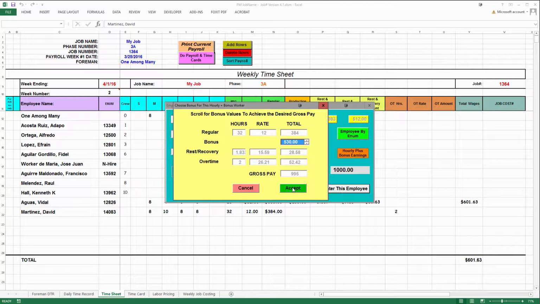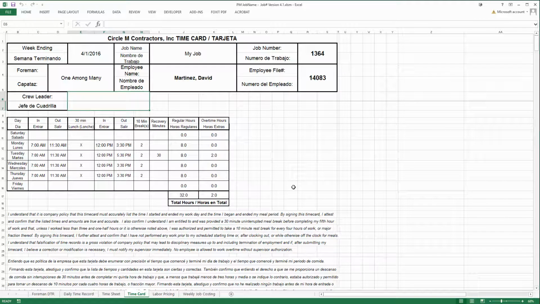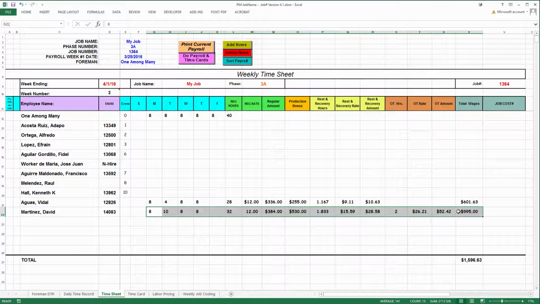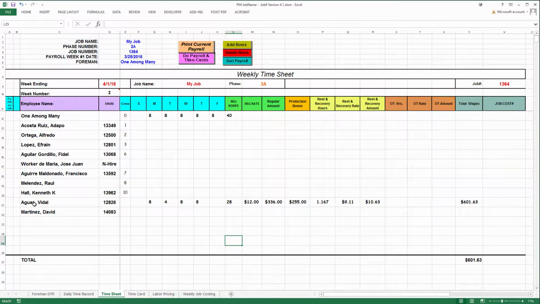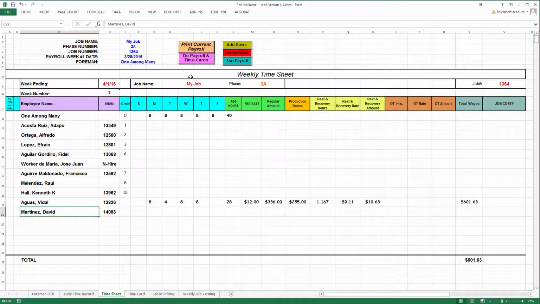Notice it's less than $1,000. We'll press it anyway. Made a mistake. Time card, timesheet. Go back and take a look at it. It says $9.95. Oops. All right, so we can't go directly to David Martinez, but we will highlight those hours and whatnot, and then we'll choose somebody else besides David, and then cancel that, and choose David again,